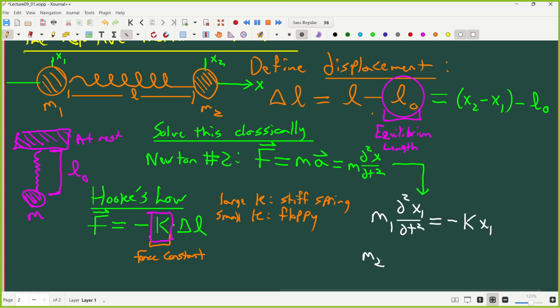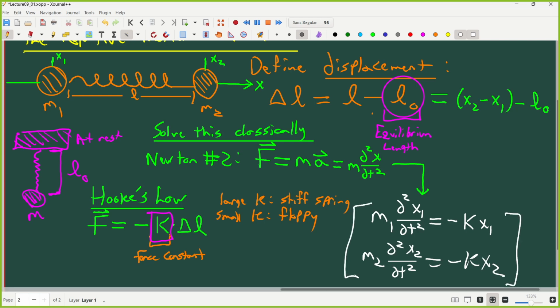And we also have m2 d²x2/dt² equal to minus k x2. So I have two differential equations I have to solve. That's the problem,